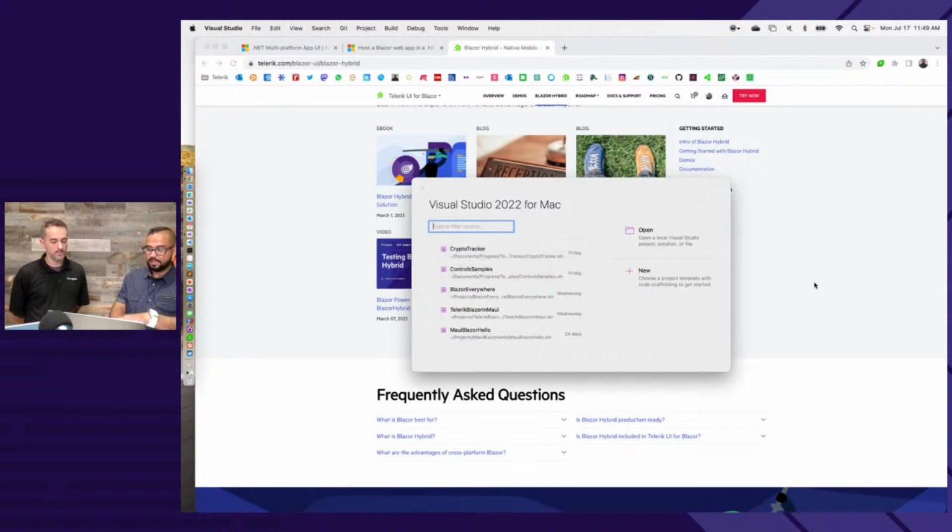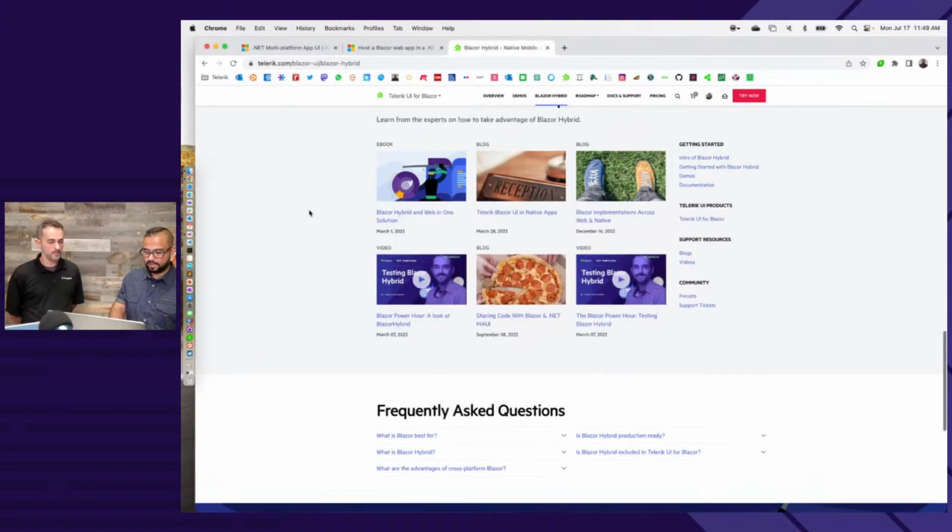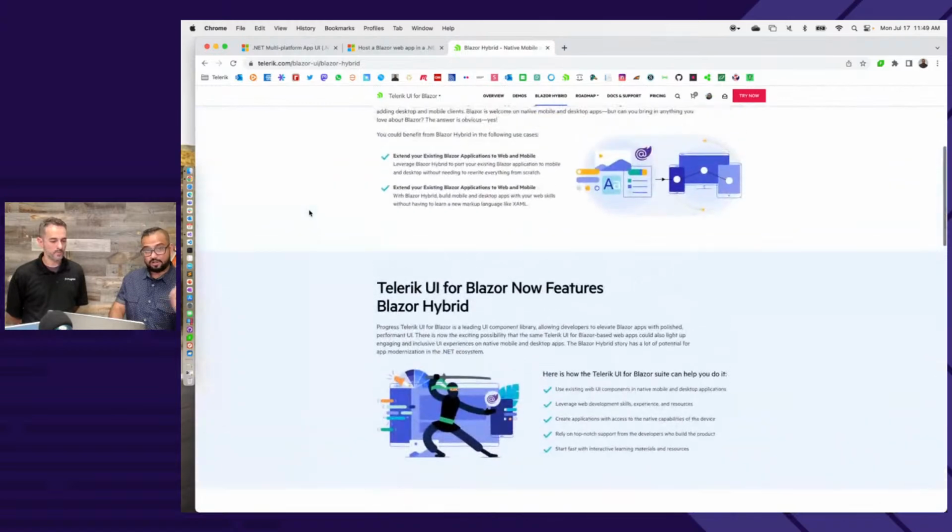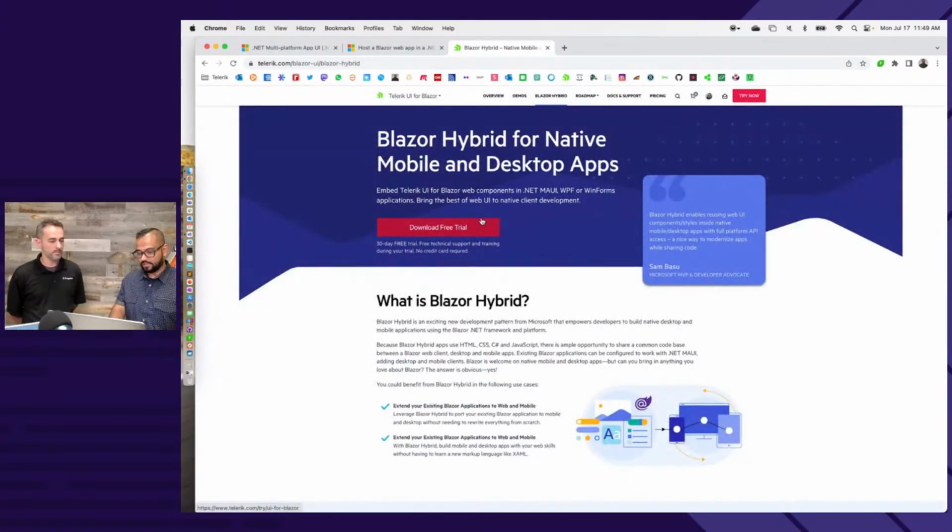But this whole Blazor Hybrid story, essentially, if I just go back here to the top one time, it's not just for .NET MAUI. Of course, it works for .NET MAUI because it's native mobile and native desktop, but that essentially means you're recreating an app from scratch. A lot of people don't have that luxury because you have legacy desktop applications. Maybe you're running WPF or WinForms. You can still bring in Blazor, and you can bring in our Blazor UI components inside of a desktop app that you may have started 10, 15 years back. Right? Yeah. So that's the big promise.